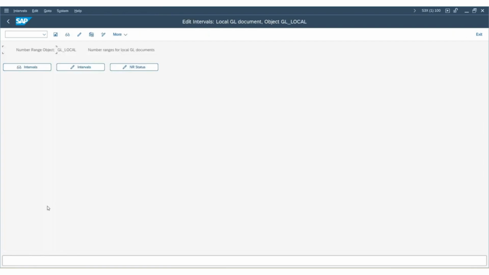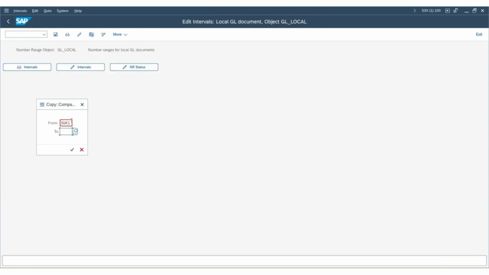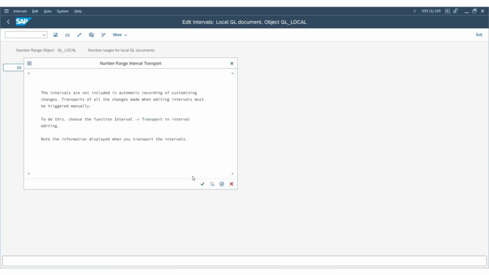You will be landed on the screen, and now here you have to make sure that the Profit Center number ranges exist for your company code SUK1. If it does not exist, what we can do, we will click copy and enter the template company code 00012 SUK1 and then press enter to continue. Press enter once again. You will have this message